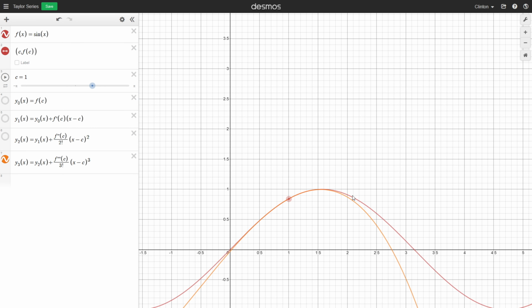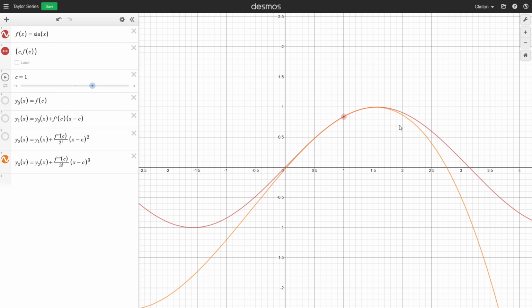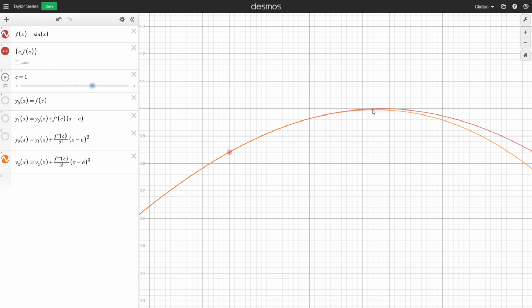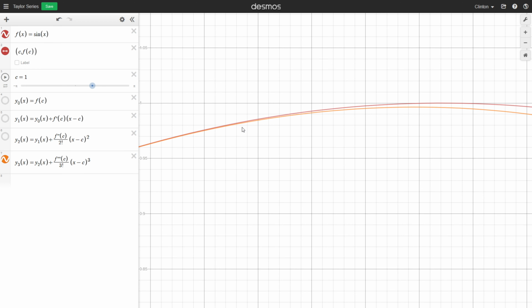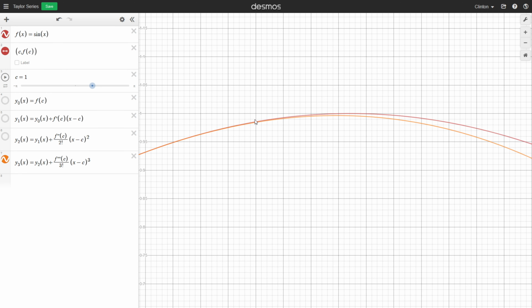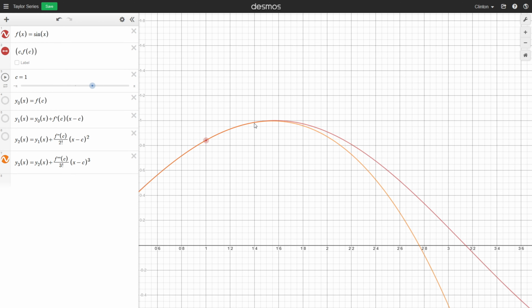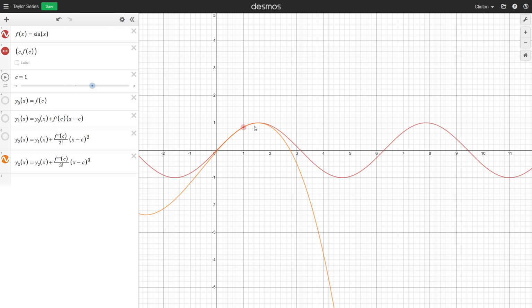Zooming in a little bit so we can get a better view, here you can see they do deviate. In fact, the closer that you zoom in, you will see the deviation occur even more. So over here, we're all the way down to 1.4 now. You can't see the tick marks on the screen, but this is 1.4. But the more we zoom out, as we decrease our resolution